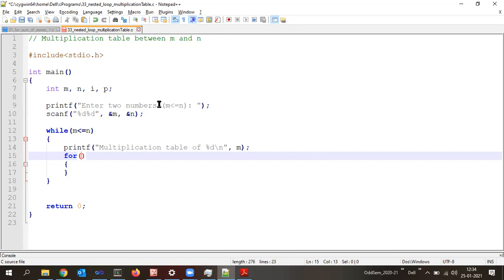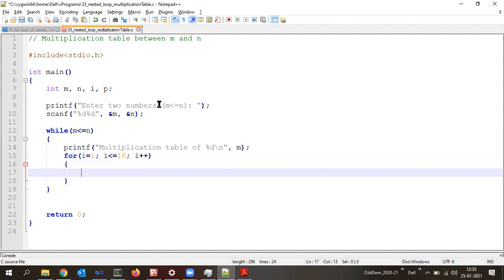Now outer loop, I am going to print the table of 2. So the table of 2 I will print, and then 2 into 1 equals 2 I want to print, right? Up to 2 into 10 equals 20. Counter variable initial value will be what? I is equal to 1. And condition for this one? I is less than or equal to 10, not n, 10. Then updation is I plus plus.